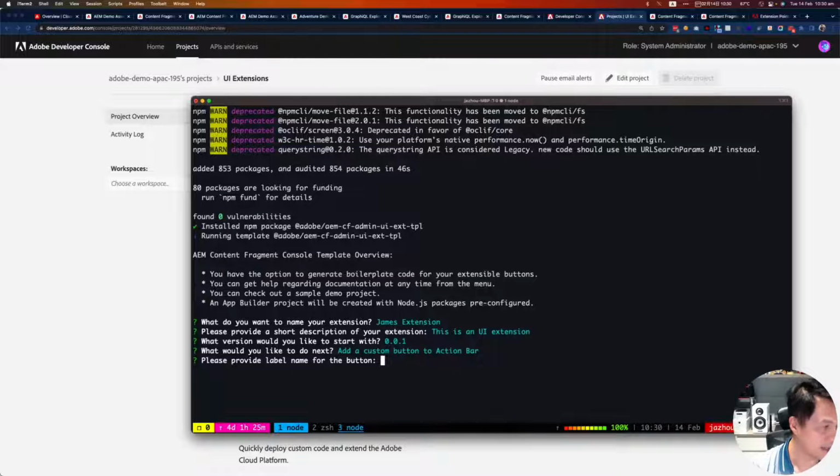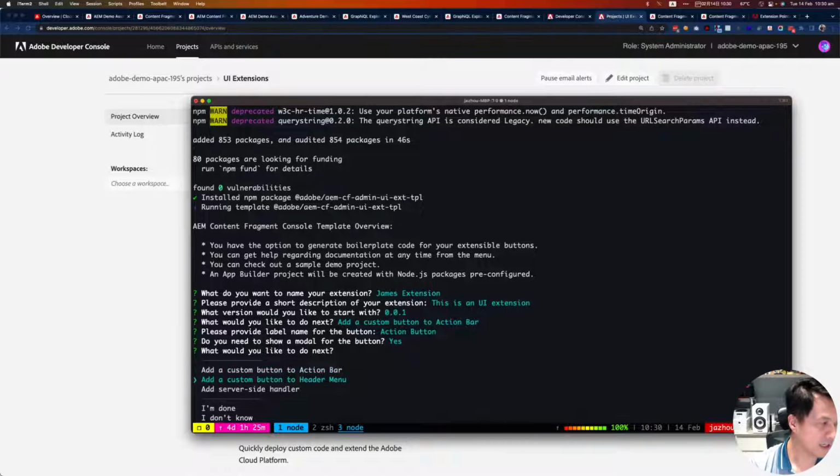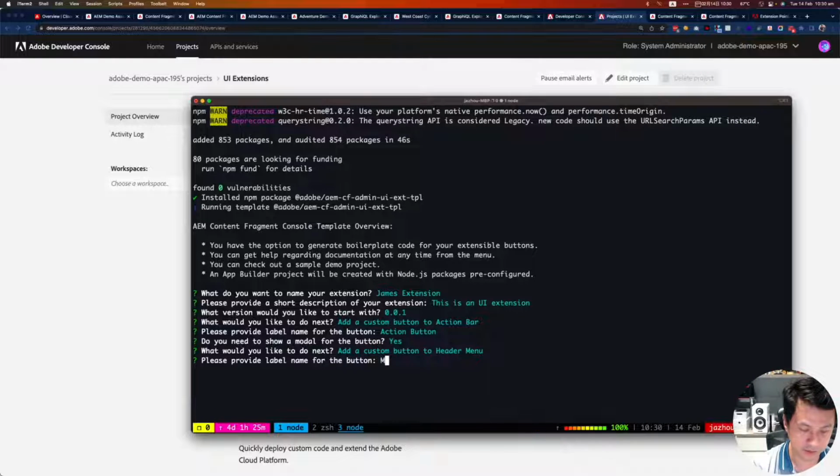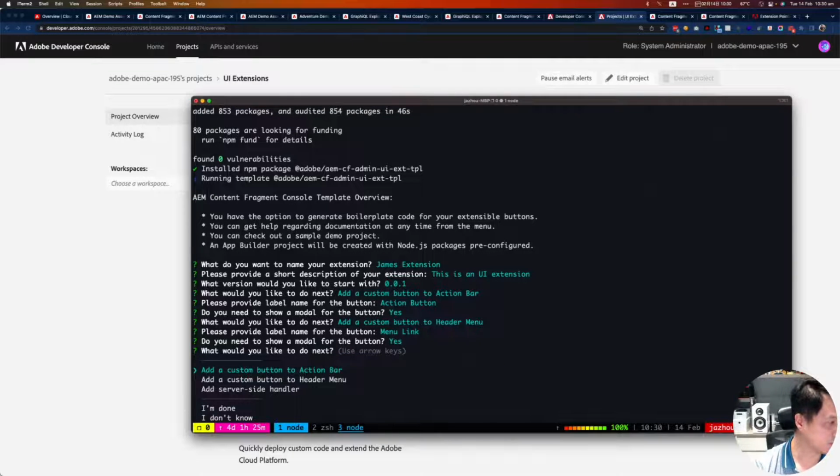I first add a label for the action button. Do I need to pop up a window when I click it? Yes, maybe. I can also multi-select if I have multiple action bars or multiple header menus on here. Menu link, yes, of course.